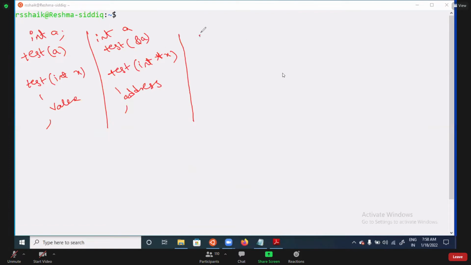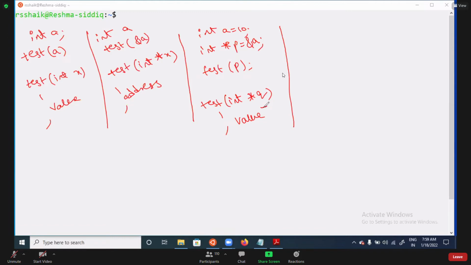Int a equal to 10, int star p equal to address of a, it is a pointer. Pointer is holding the data, there is no problem with that. But whenever you are using test of p, p is a pointer you are passing. Whenever you are passing a pointer, if you are collecting with a single pointer, then this is call by value. Why? Because if q is modified, p will not be affected.